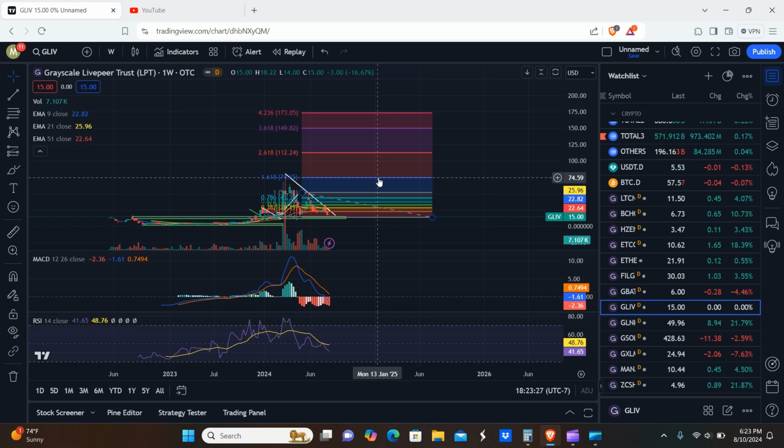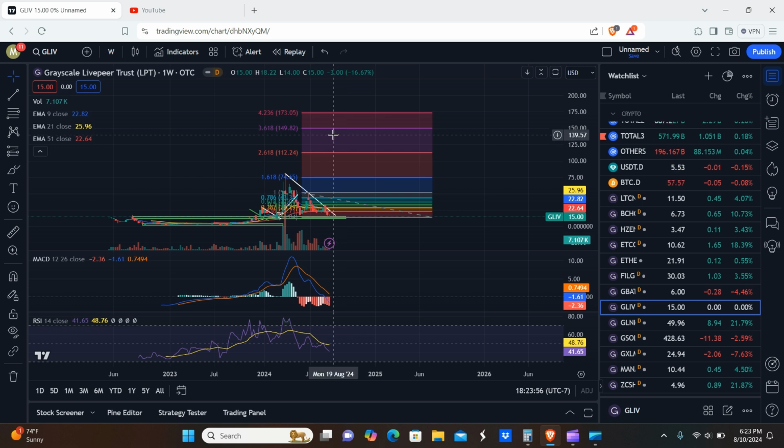I mean, they're just absolutely going to explode. It's going to be like a god candle going through basically the stratosphere. Like it's going to leave Earth and just go absolutely insane. You won't even be able to see it. It'll be so high. I know it sounds ridiculous. Obviously, that's not going to happen, but I'm just trying to paint a picture for you guys so you can understand what's actually possible here. Like, 50, 60, 80, 100, 200x is probably going to be a lot more common than people think.